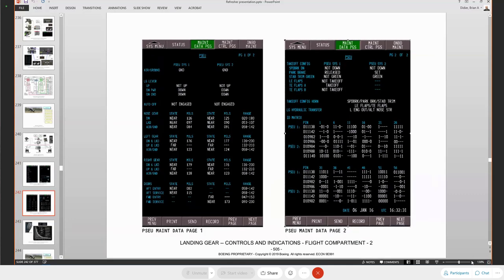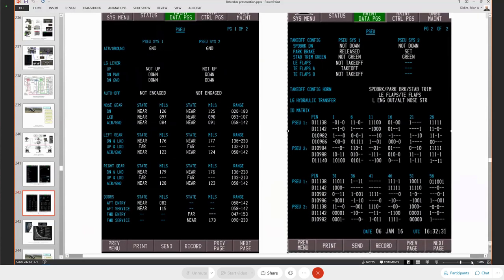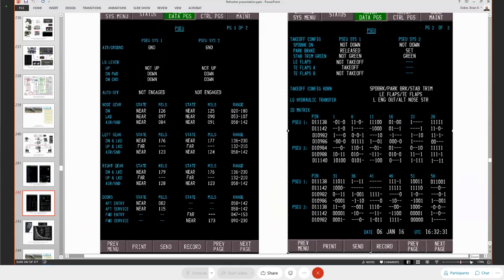The data page for your landing gear and the PSEU, just a large amount of data for you. Okay, there are 2 pages of the PSEU data page. On the PSEU, on first page, you're looking at air ground. It's going to tell you, is the PSEU system 1 or system 2, is it in the ground or on